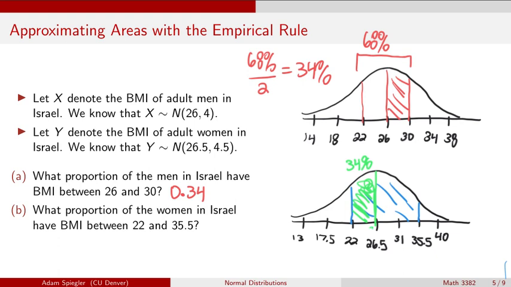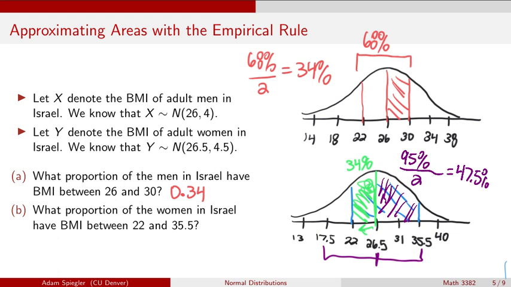So if I go just one standard deviation below, we're going to get half of that 68%. And then we can similarly calculate the area on the other side that goes from 26.5 to 35.5 by saying with two standard deviations above and below the mean, that should account for 95% of the data, and that would go from here to here, but we only have half of that. So we would take this 95% divided by 2, and that gives us